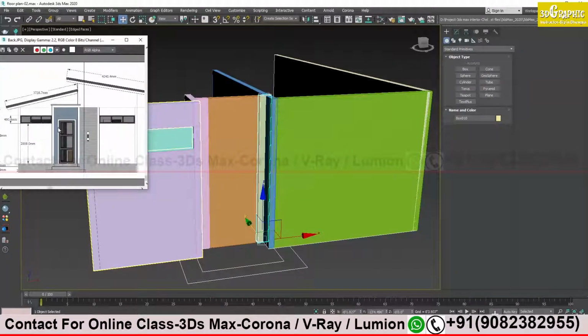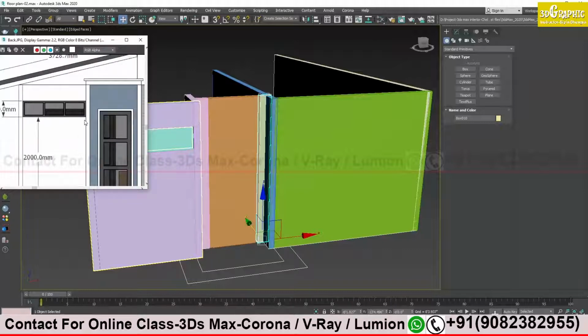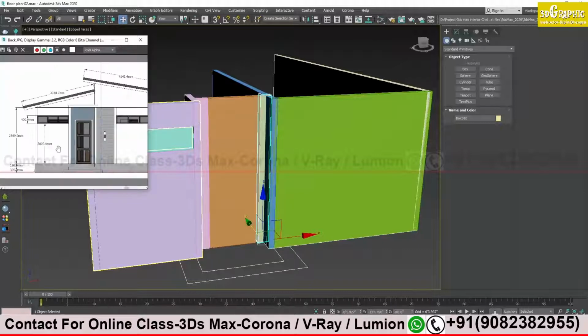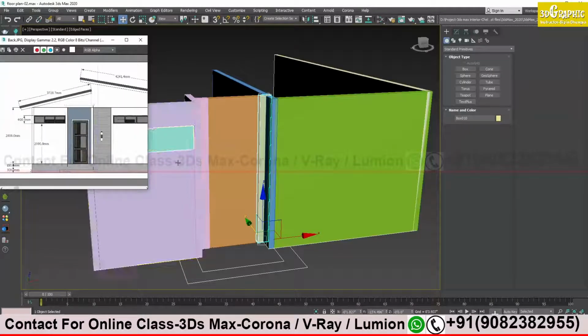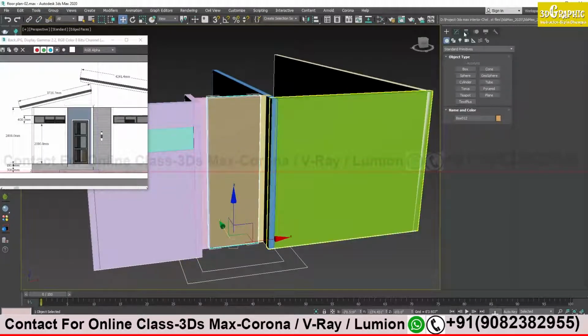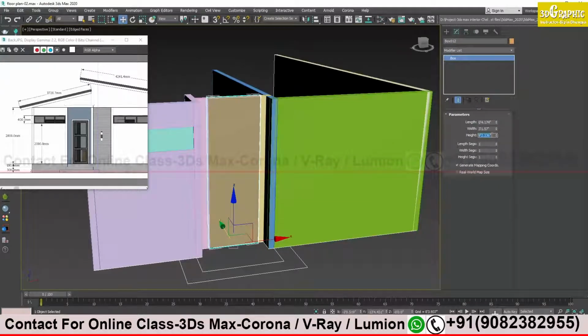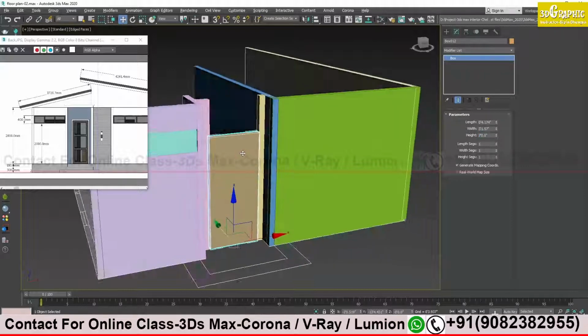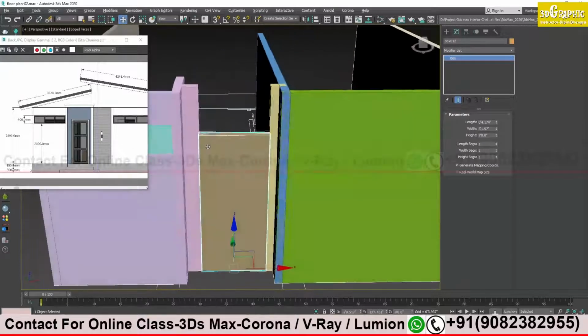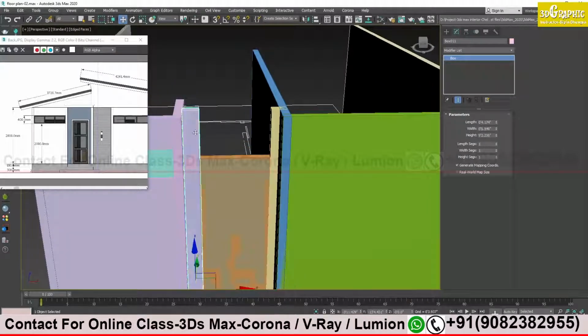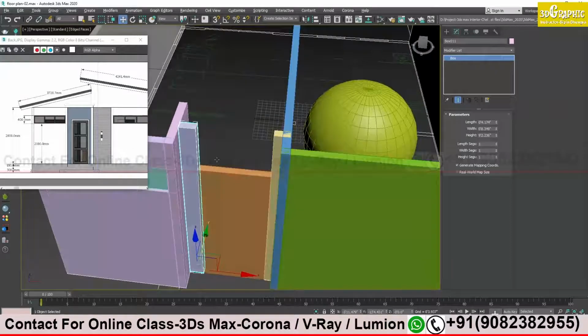How much height of the door do I have? I think the height is 7 feet. It should be 7 feet, but it's not mentioned over here. But it's okay, we'll take 7 feet. So this one should be 7 feet. Right now it's 9 feet 2 inches. I need 7 feet. Okay, this is the height, this white portion over here. So I need to cover this one. This gap should be covered, no?